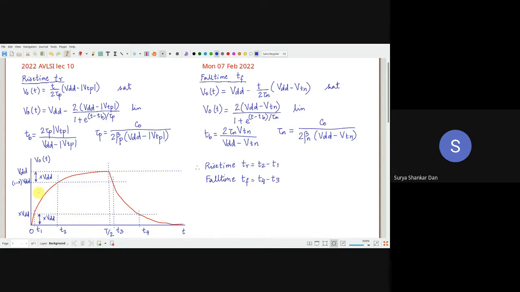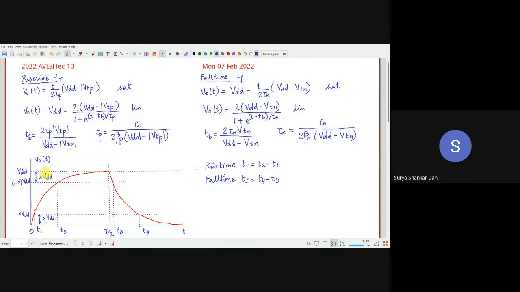0 to VDD, how much percentage is it? Suppose we say that X is like 15% of VDD. In a particular application, we can say like that. So if X is 15% of VDD, that means X will be 0.15 of VDD. Now, depending on the technology node, if VDD is equal to 1, it will essentially boil down to 0.15 volts. I'm not going into all those nitty-gritties.